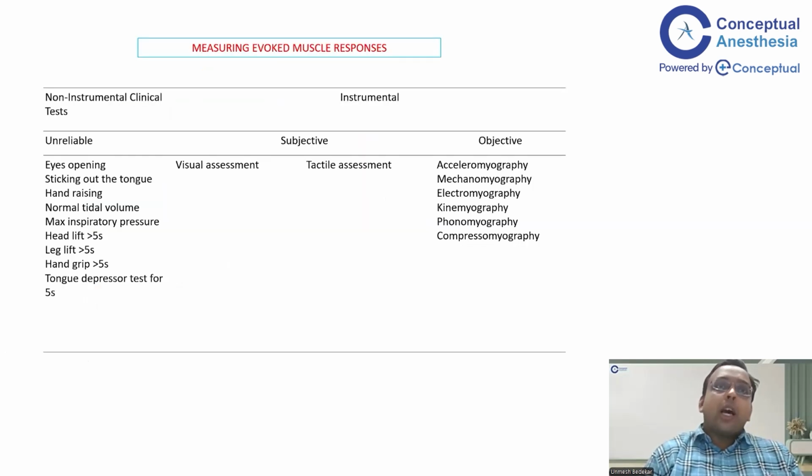Next is, what are the different methods of measuring the evoked muscle responses? Now, traditionally, we have been using several clinical tests which might prove unreliable as they are subjective and multifactorial to assess. So things like when the patient is coming out of anesthesia or the patient is out of muscle relaxation, things like eye opening, sticking out of the tongue, hand raising, obeying commands with response to motor activities like moving the hands and the legs, the normal tidal volume, maximum inspiratory pressures which are being generated by the patient to take spontaneous breath,